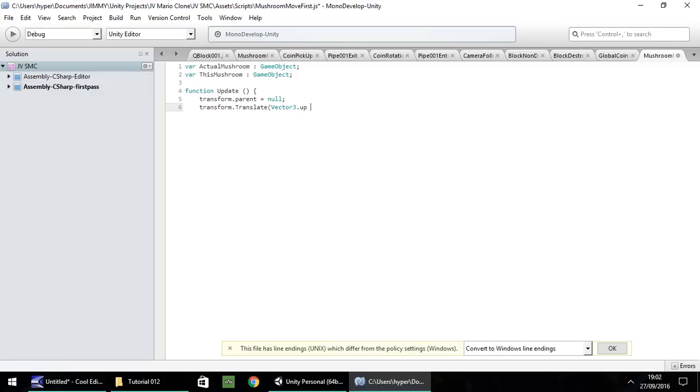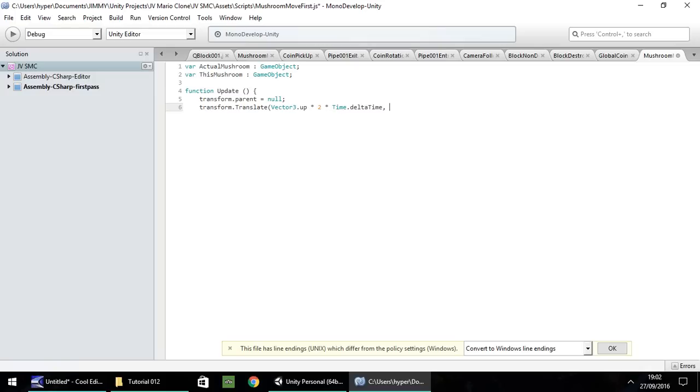Vector3.up. And now what we need to do is set how quickly. So I'm going to multiply by 2 and then multiply by Time.deltaTime. Oops, spelled that wrong. Delta time. Now the reason we do this is because we need it to go in time with the game itself. We don't need it to go mad. Just realized that should be a capital T on Time for deltaTime, sorry.